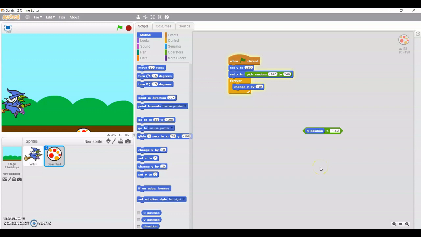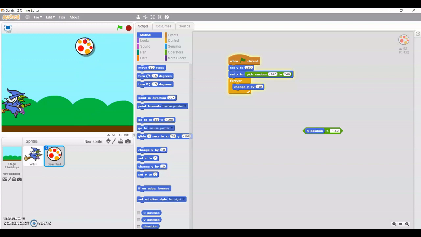We insert the y position on the left and the bottom position on the right. This sets the condition that if y is less than minus 150, then the beach ball should again go up. When this ball reaches less than minus 150, it will go again to the top.